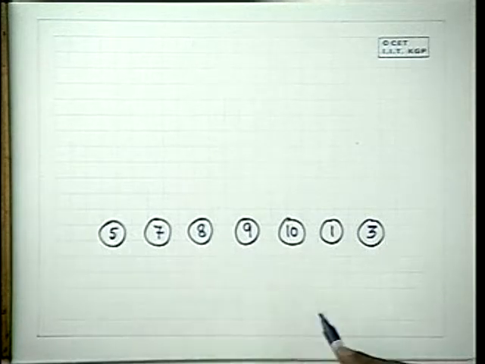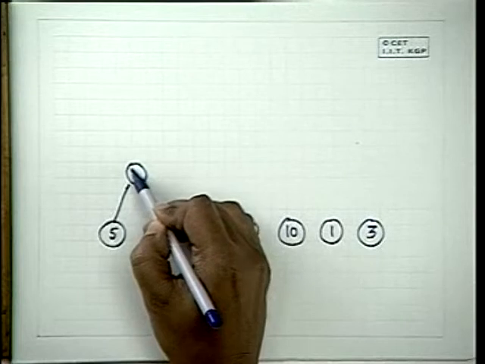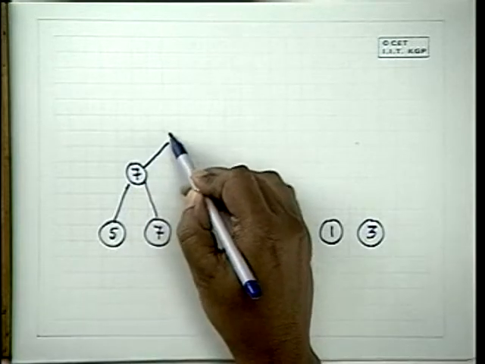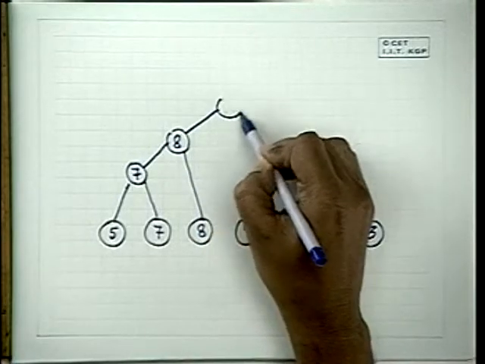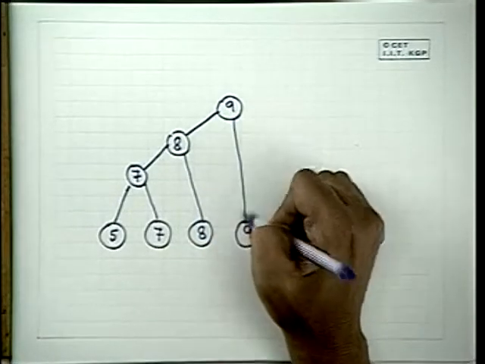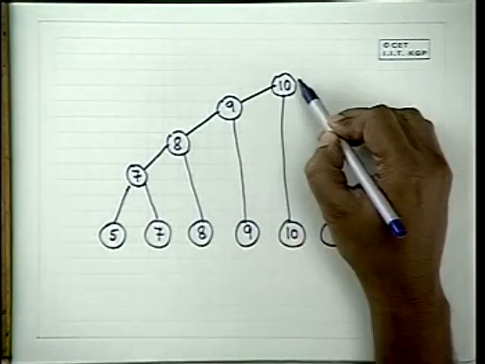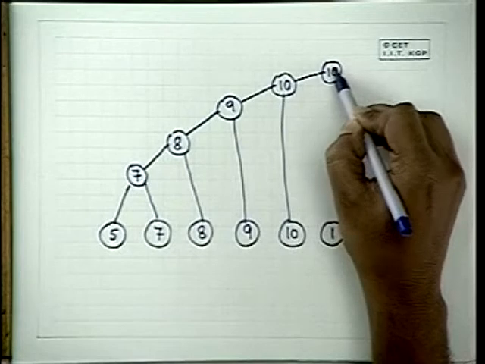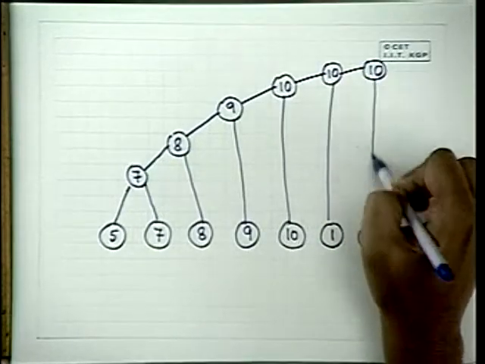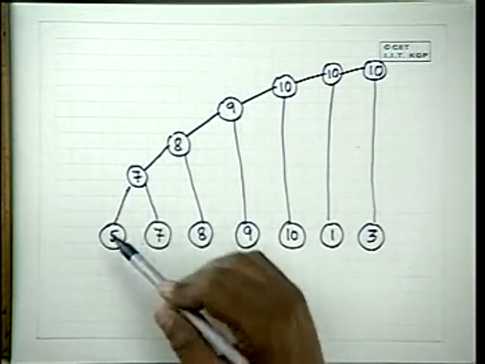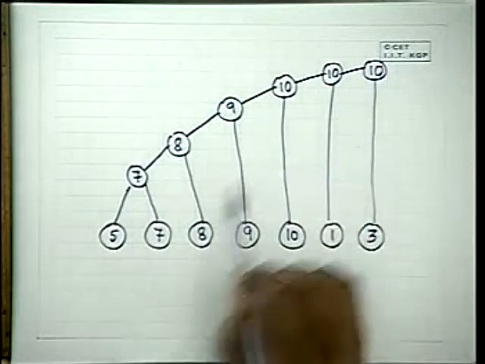Now, what we did was, we compared the first two, then we compared this, then we compared this, then we compared this, then we compared this, and then we compared this. And this is the tentative value of the max variable which propagated through. This is how we worked it out.